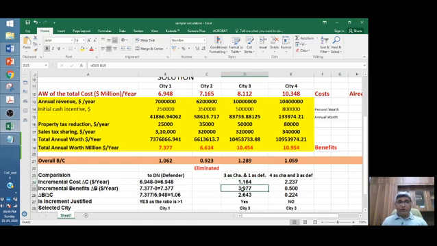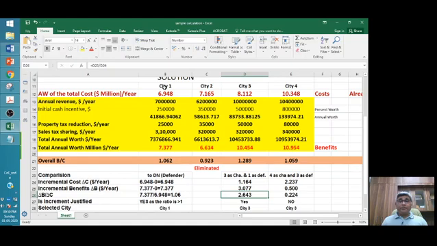Similarly for the benefits, I have subtracted the two benefits, the one with the higher cost minus the one with the lower cost, or from the challenger we have subtracted the defender. And again if I compute the incremental B by C ratio, it comes out to be greater than 1. Once it is greater than 1, that means the highest cost option will be selected. In this case, this one is the highest cost option as compared to city 1. So the defender is to be dropped and the challenger is to be selected.